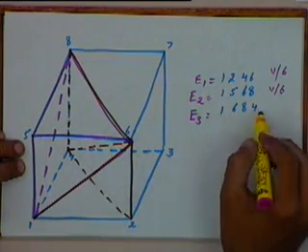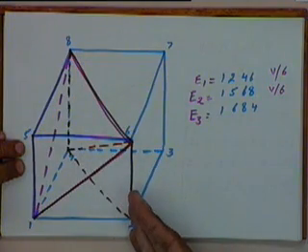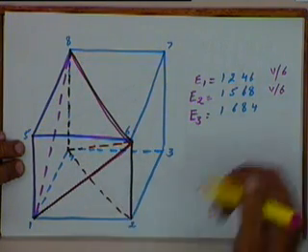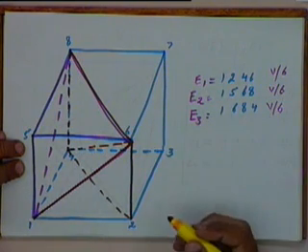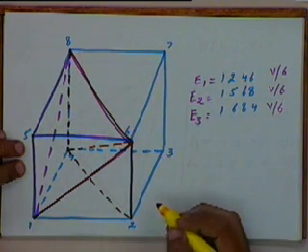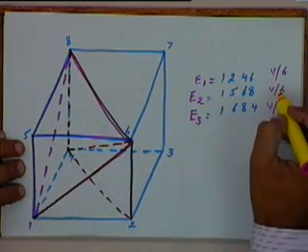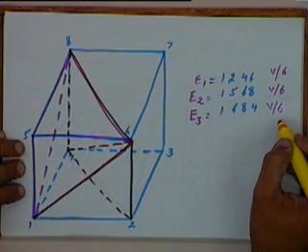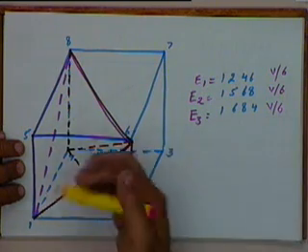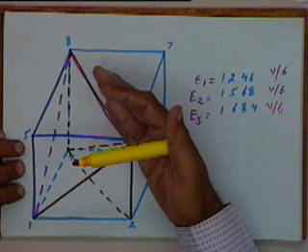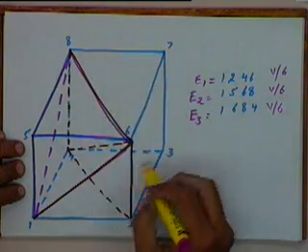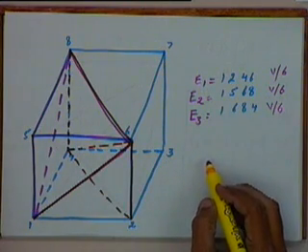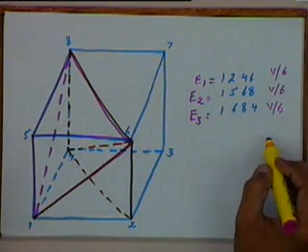And 1, 6, 8, 4 will be one half of this cube, that is V by 2 minus V by 6 minus V by 6. So this will also be V by 6. So we will get 3 tetrahedrons, each with a volume of V by 6. Similarly in the other half we will get another 3 tetrahedrons, each with a volume of V by 6. So this way we can split this cube into 6 tetrahedrons, each having a volume of V by 6.